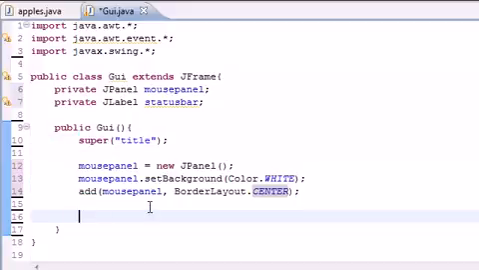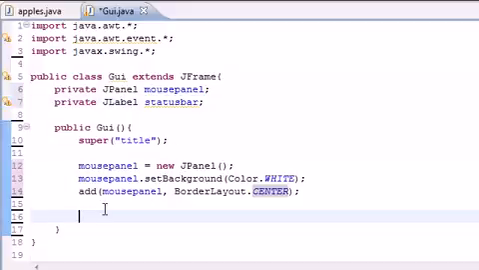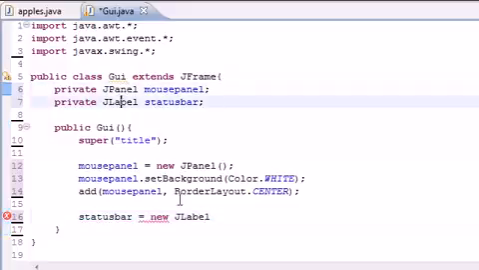Not very exciting. So let's go ahead and add that status bar we talked about right here. Type in status bar, and we will set this equal to new JLabel. Remember, don't get this confused: JPanel, JLabel. Your status bar is the JLabel. And just set it to